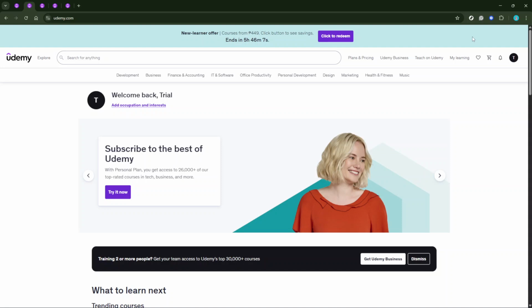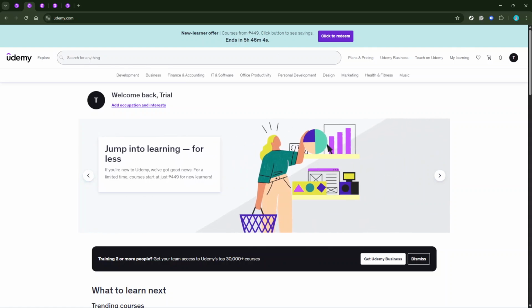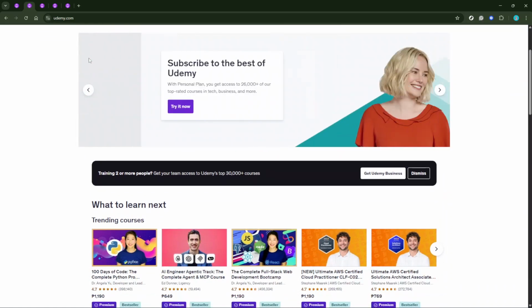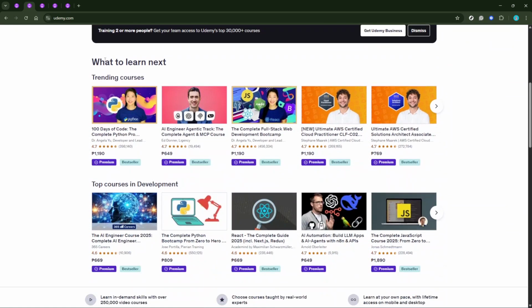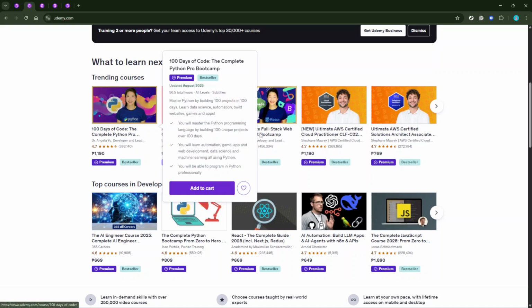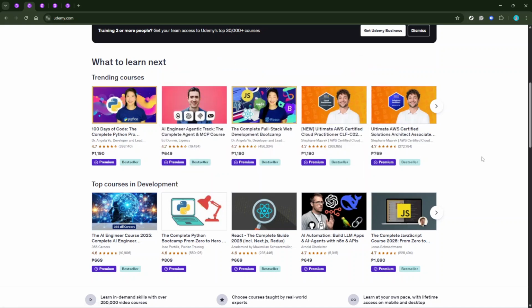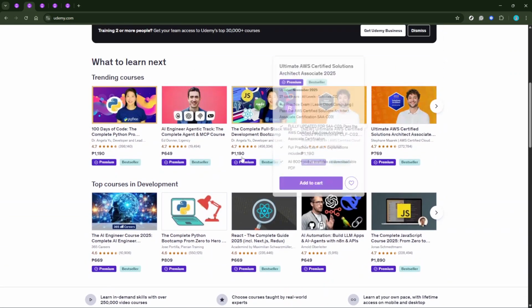With your account ready, it's time to explore the course offerings. If you already have a particular course in mind, simply use the search bar at the top of the homepage to find it. Type in the course title or related keywords and hit enter. This will bring up a list of courses related to your search term. If you're still deciding, feel free to browse the various categories Udemy offers, ranging from business and technology to personal development. Once you see the course you've been eyeing, click on the course title.